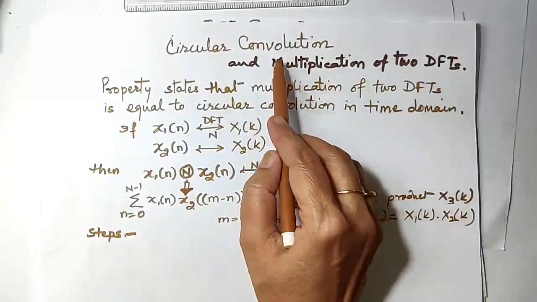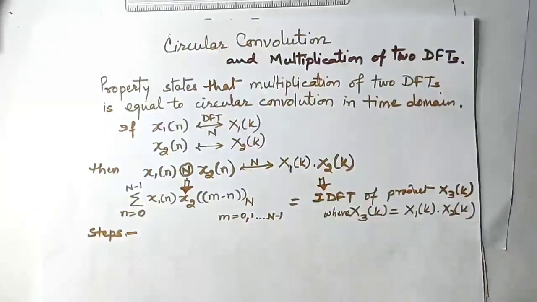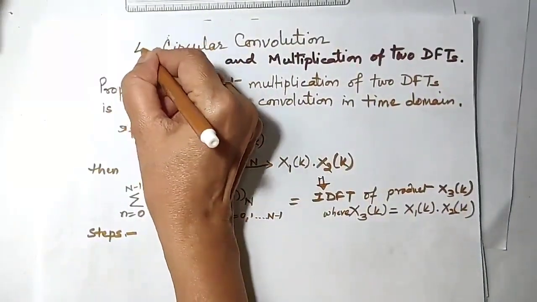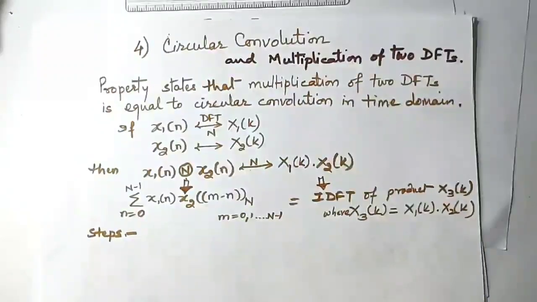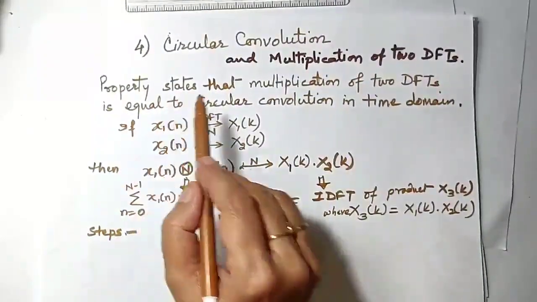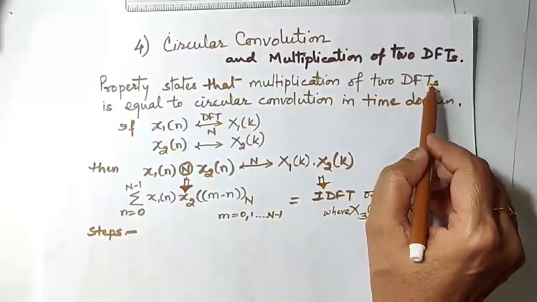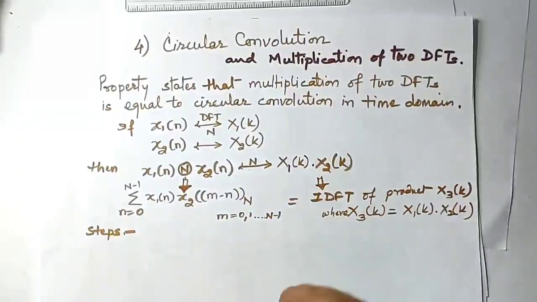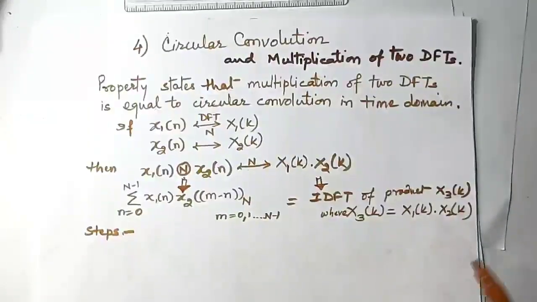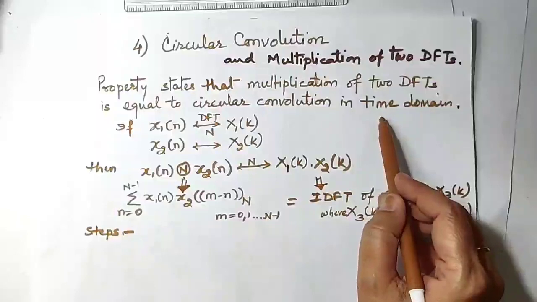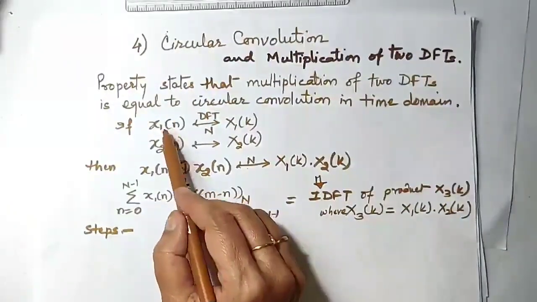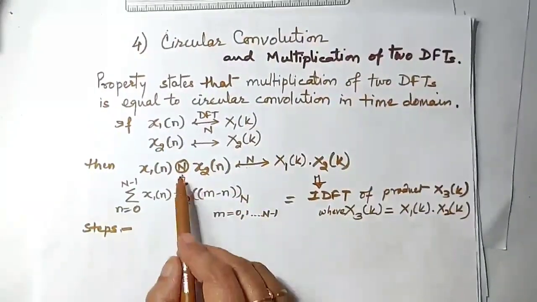Then in the Fourier transform, circular convolution is one kind of theorem. This is the fourth property of the DFT. This property states that the multiplication of two DFTs is equal to the circular convolution in the time domain. If xn is the time domain sequence, a discrete time domain sequence, when they are convolved,